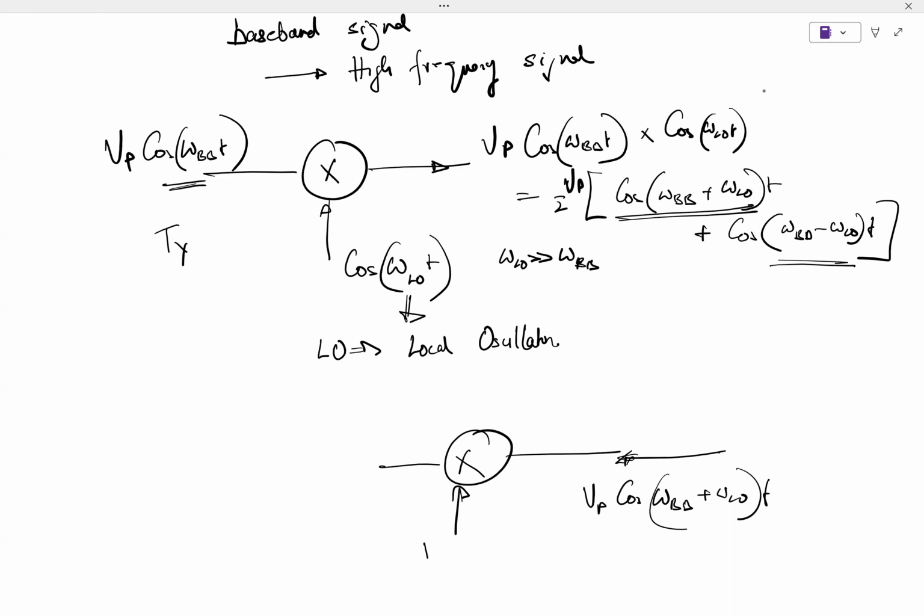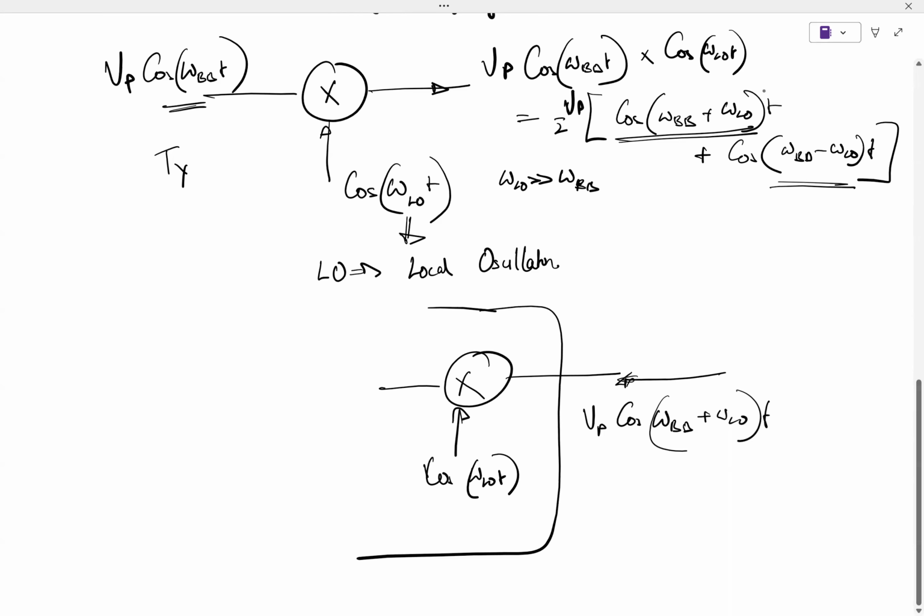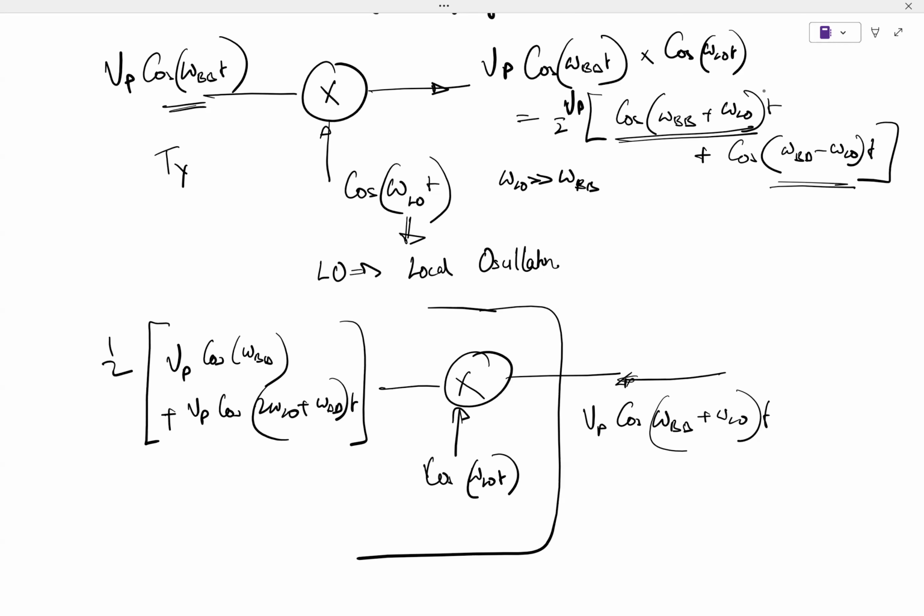I can multiply this again with the same local oscillator frequency, which is inside your cell phone, right? So this is inside the cell phone. And then here I get VP cosine omega BB, and I get VP cosine (2 omega LO plus omega BB), 1 by 2 times, right? And then you see that you have gotten back the original, but you have gotten a high frequency signal also. But now I know that the difference between omega BB and omega LO is chosen to be much